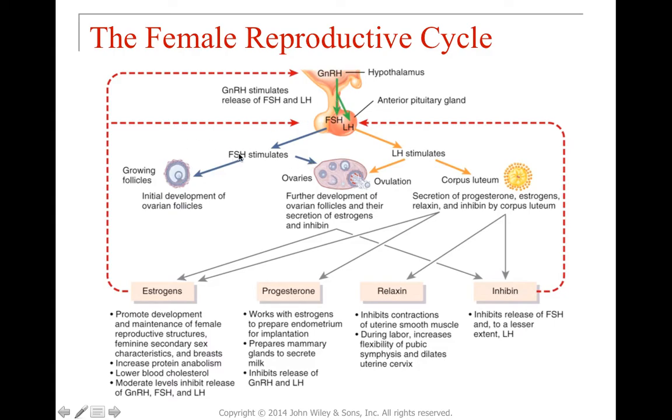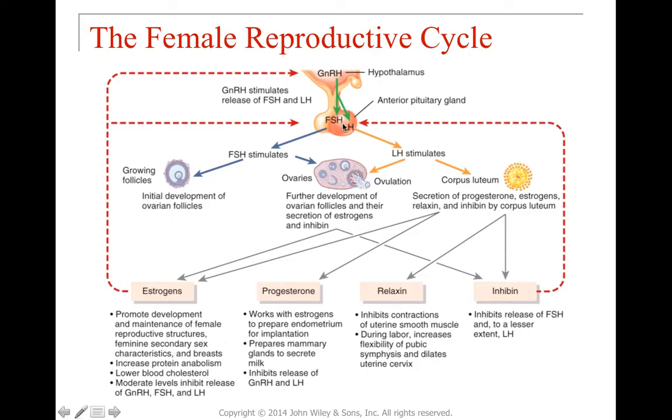So FSH in the female is follicle stimulating hormone. It's going to stimulate the development and creation of the ovarian follicles. It's going to make them grow up to be able to be secreted by the ovaries. Okay. It's also going to have development of the ovarian follicles and secretion of particular things, including estrogens and inhibins. All right, so hold that thought, because we're going to get back in a minute to what estrogens and inhibins do, but I'm going to continue on with my thought